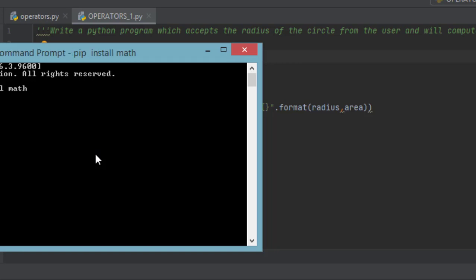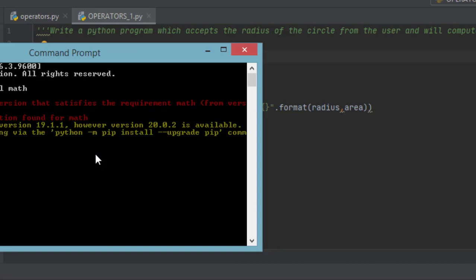Since I'm already having math, it will say all the requirements are already satisfied, or if it needs to get upgraded, it will upgrade. I'm sorry, I'm using a very old version of pip, so it is giving me an error. It's okay because I'm already having math, it is not a problem for me.